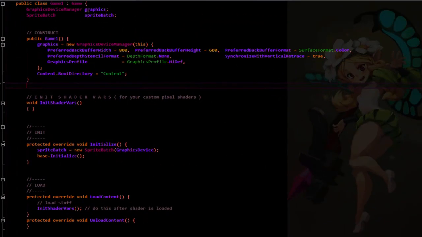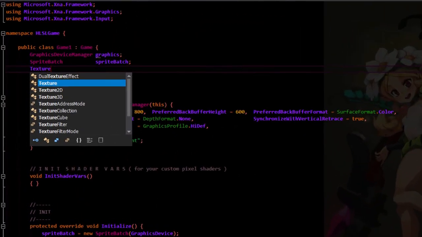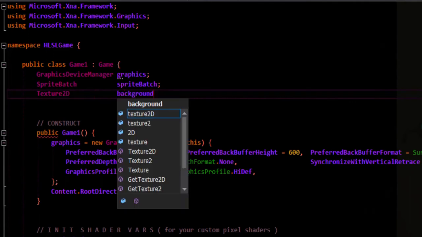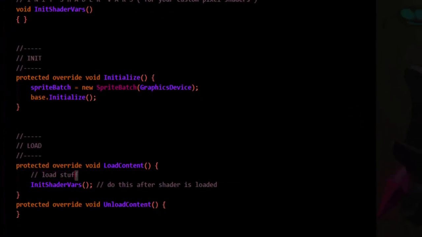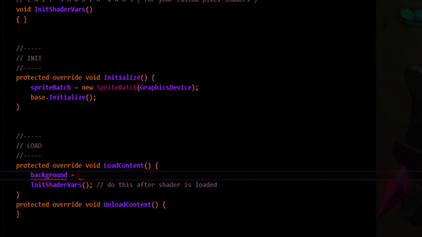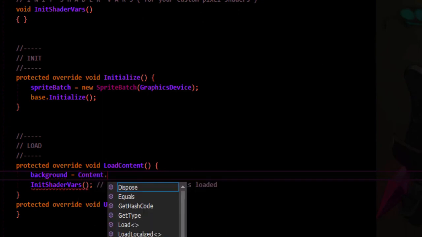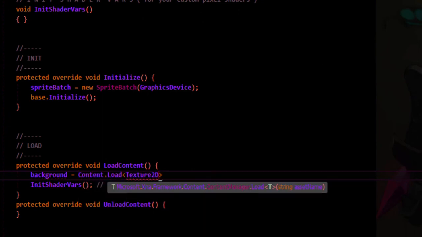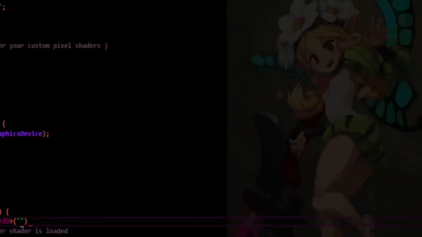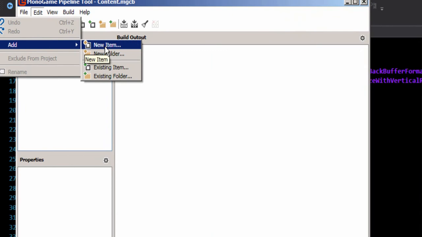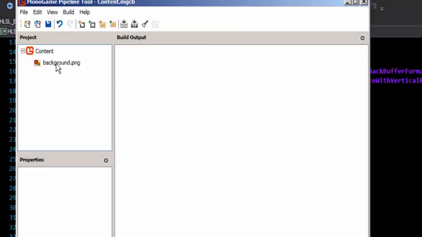Back in Game1, we'll add a test background to apply the effect to. And we'll load that in LoadContent. Background is equal to Content.Load Texture2D, and we'll need to go into Content here, double click it, and add the background. So Edit, Add. I'm going to add an existing item, it'll copy it into the directory, and once it's in there, I'll save it,